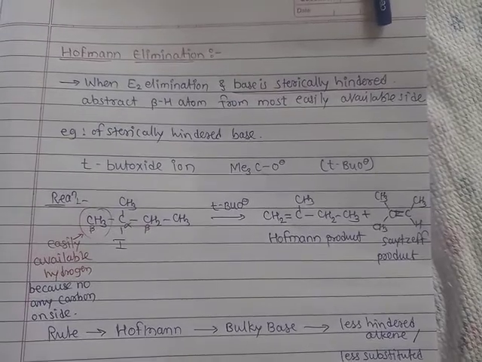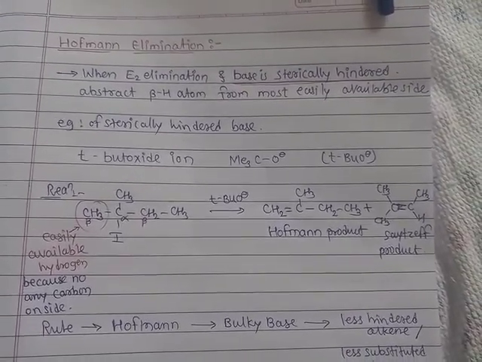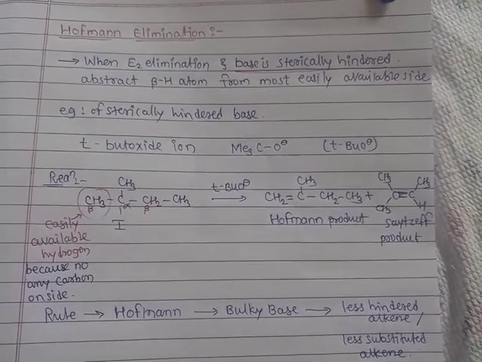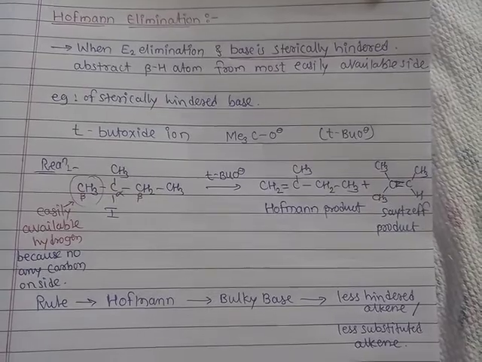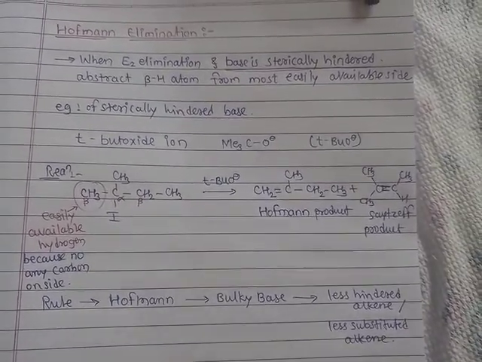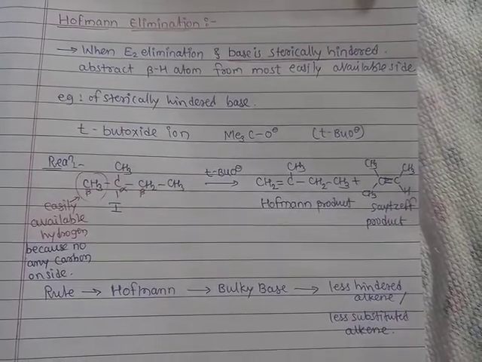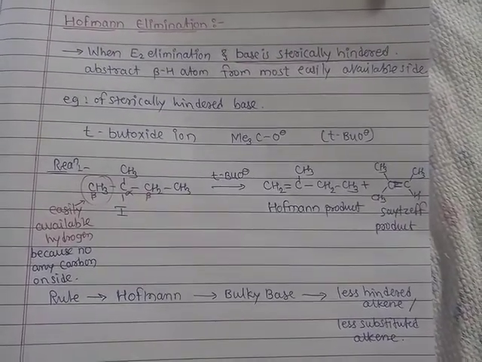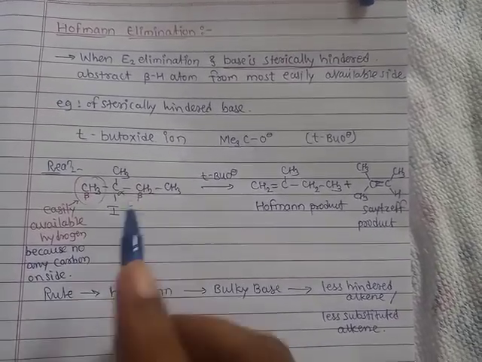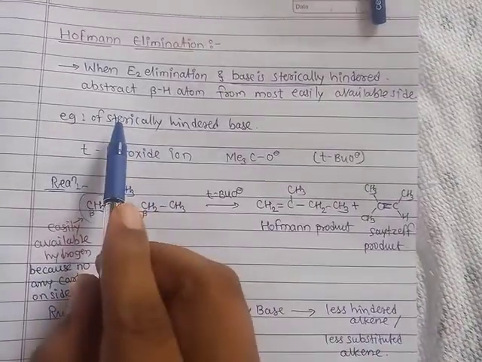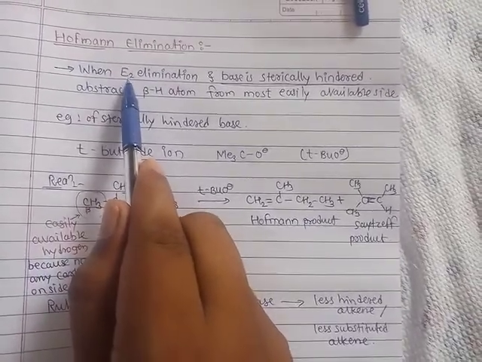In the continuation of our last lecture, today I will be introducing Hofmann elimination. Hofmann elimination is an elimination type of reaction of alkyl halide. When we study Hofmann elimination, this type of elimination occurs when E2